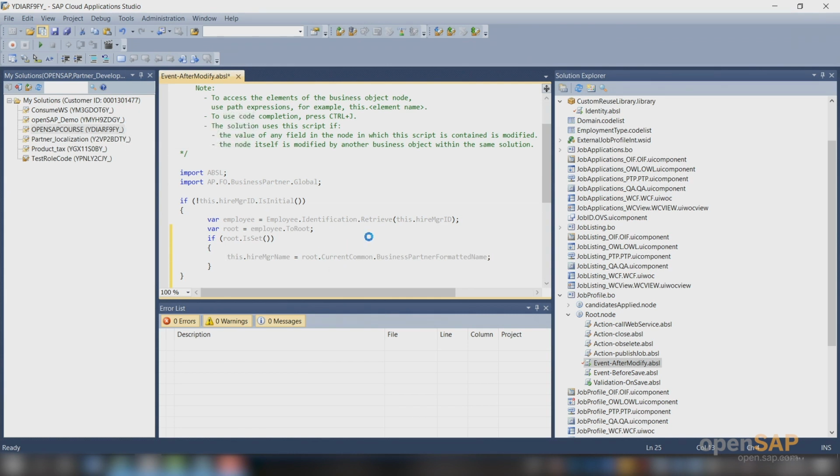I will save and activate this piece of code. Yes, it's activated. Let's run the performance check again.